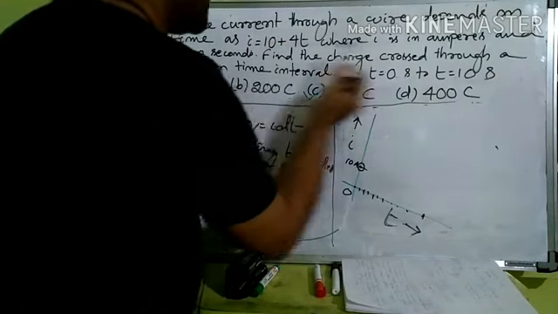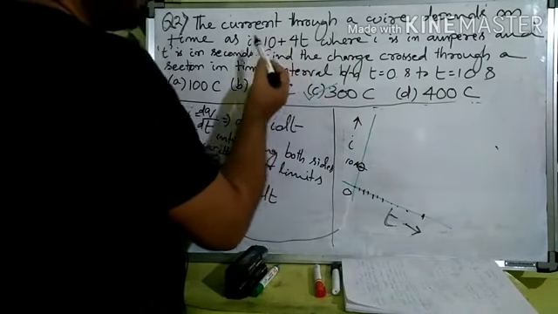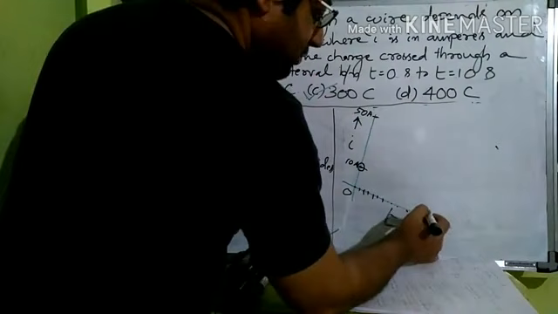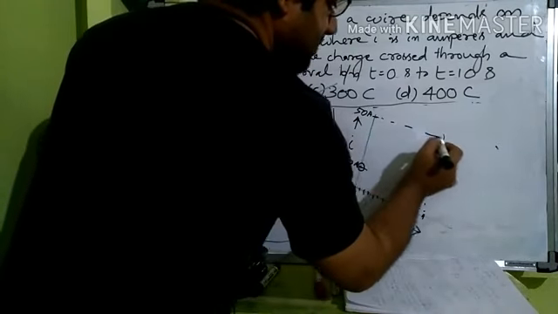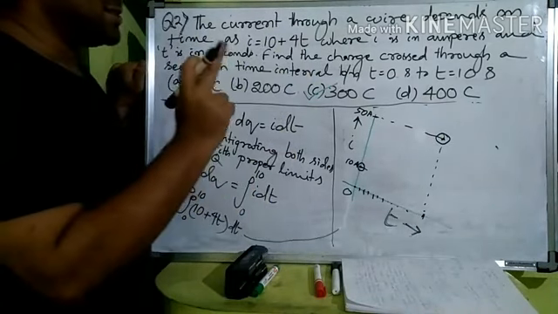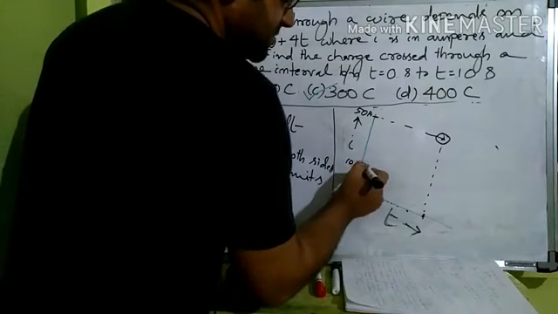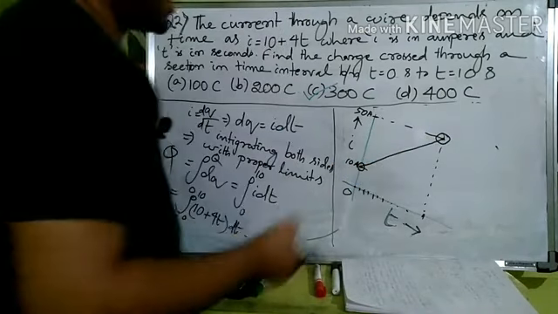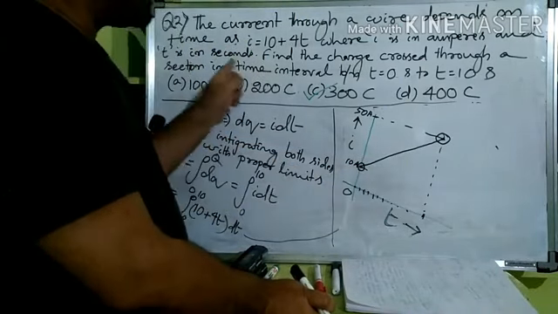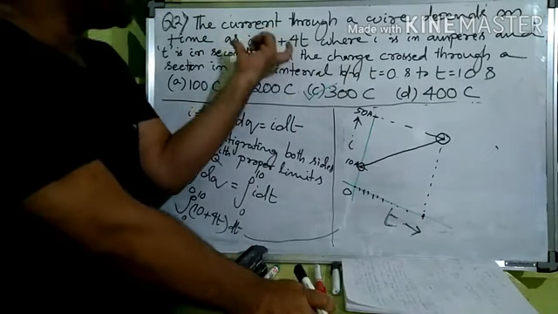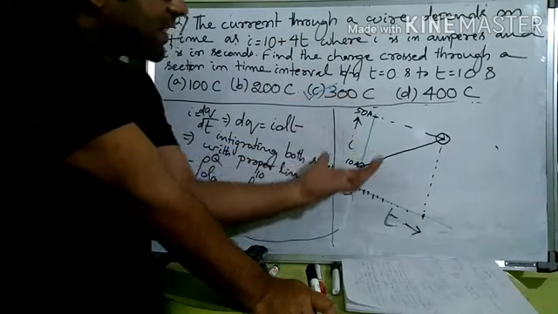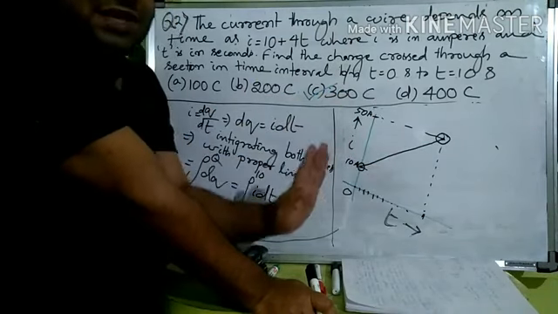Now when t is equal to 10 seconds, what is I? Put 10, it is 50 ampere, right? Let us say this is 50 ampere, and when t is equal to 10 seconds, this is 50 ampere. Now since there is t to the power 1, this must be a straight line. Join this. This is the graph of this I. So this figure may be given and the same question may be asked, or the equation I is equal to 10 plus 4t may be given, and just one graph may be given, and you find this out like that also, it may be asked.